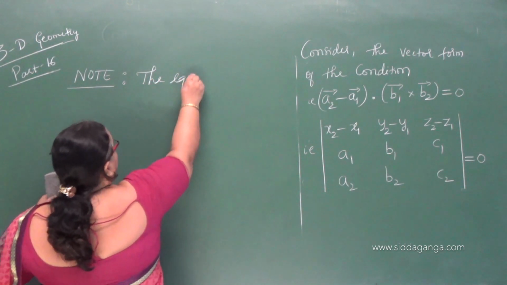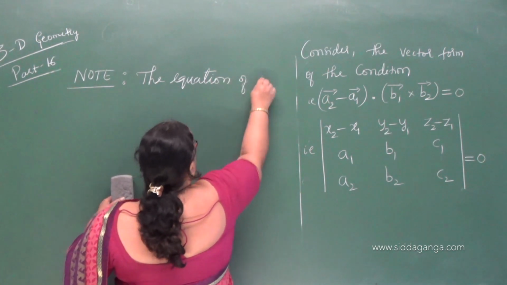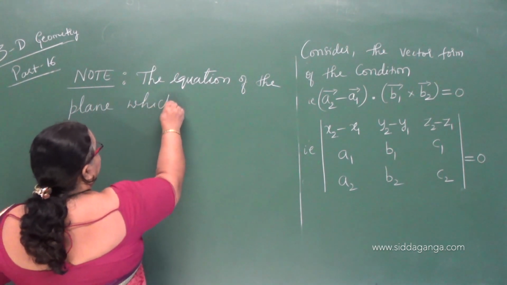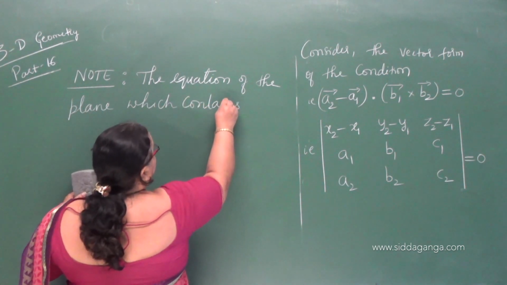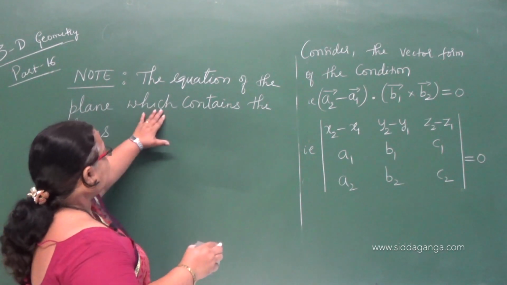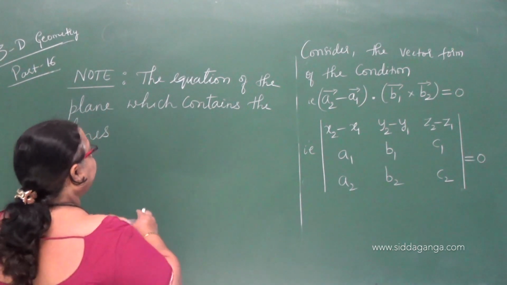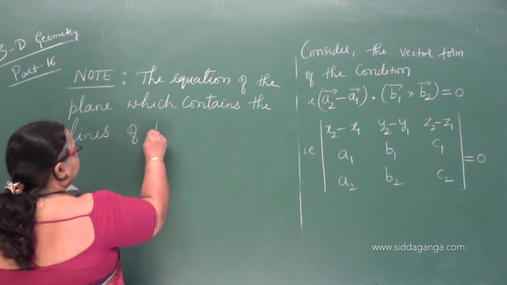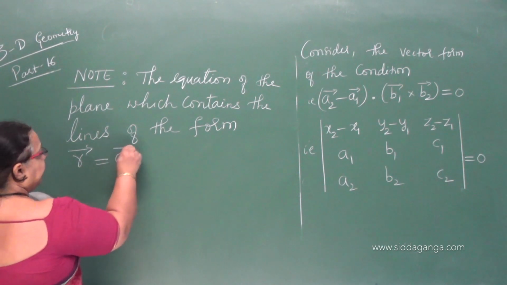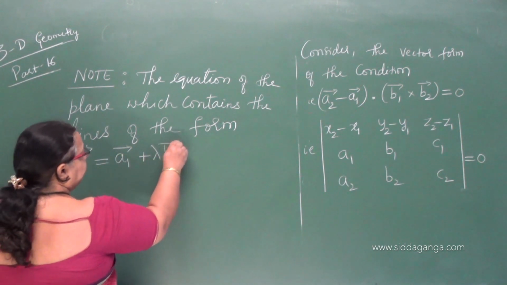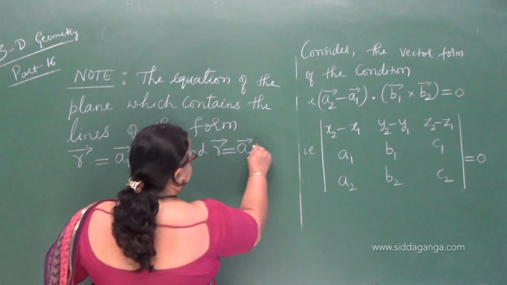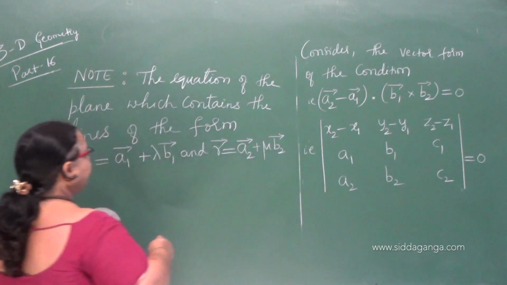Note: the equation of the plane which contains the two lines, that is, the lines lie in the same plane, meaning coplanar. The lines are of the form vector r equal to a1 vector plus lambda times b1 vector, and the second line is vector r equal to a2 vector plus mu times vector b2, is given